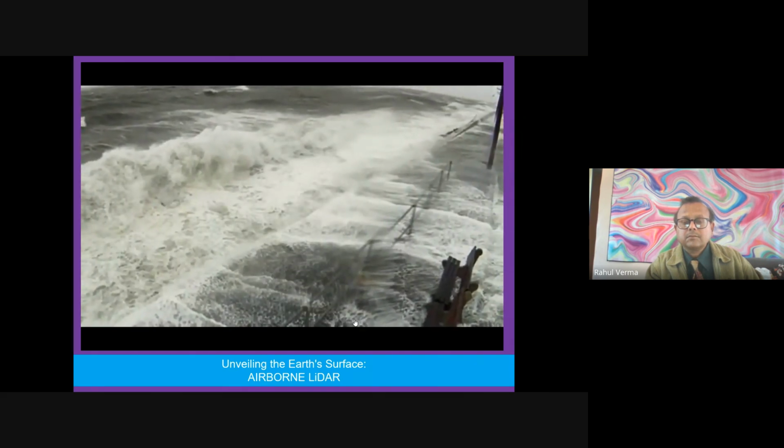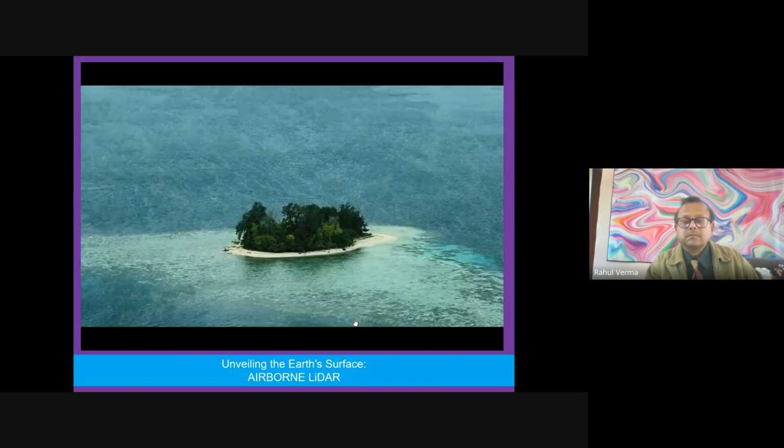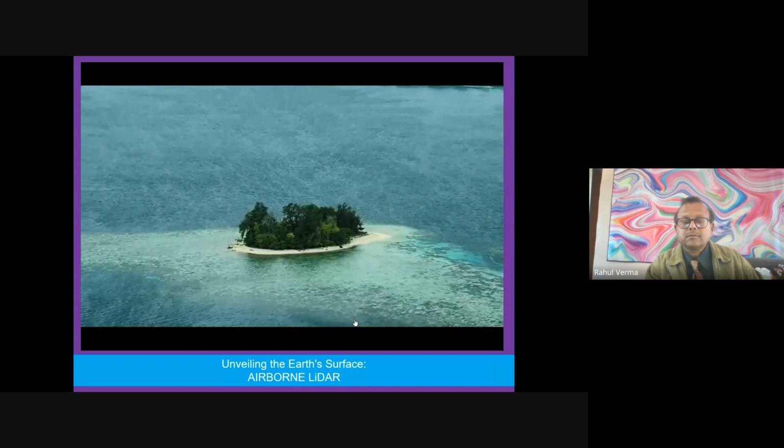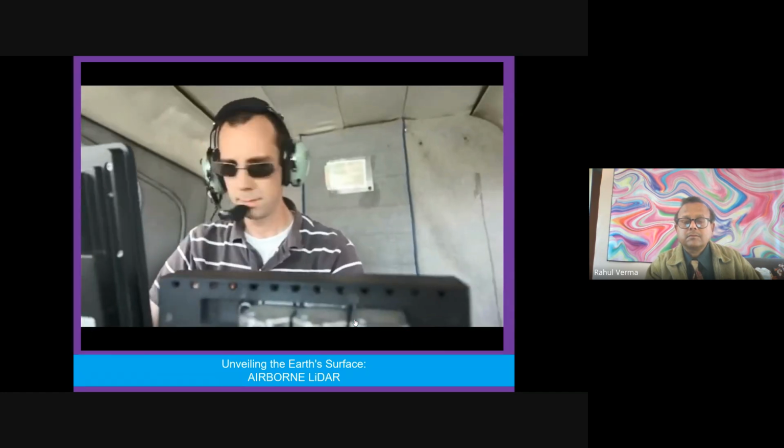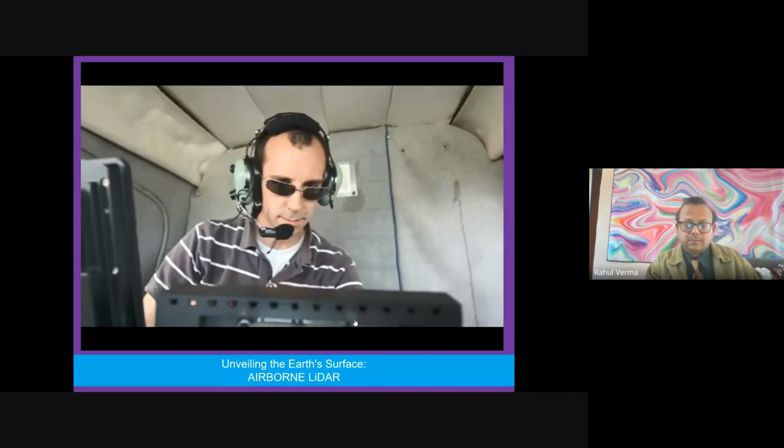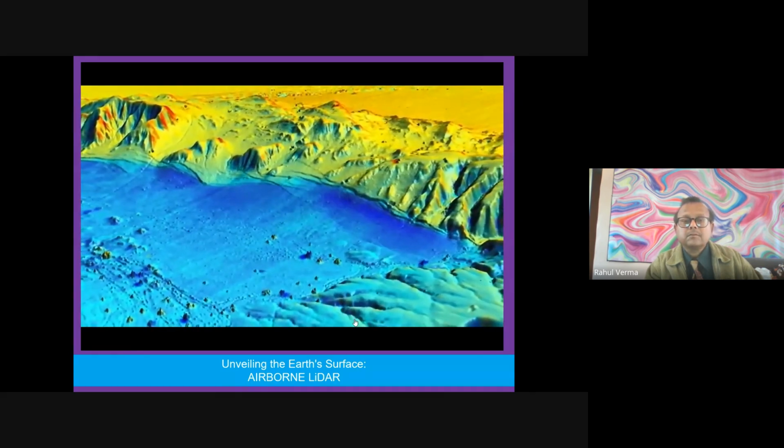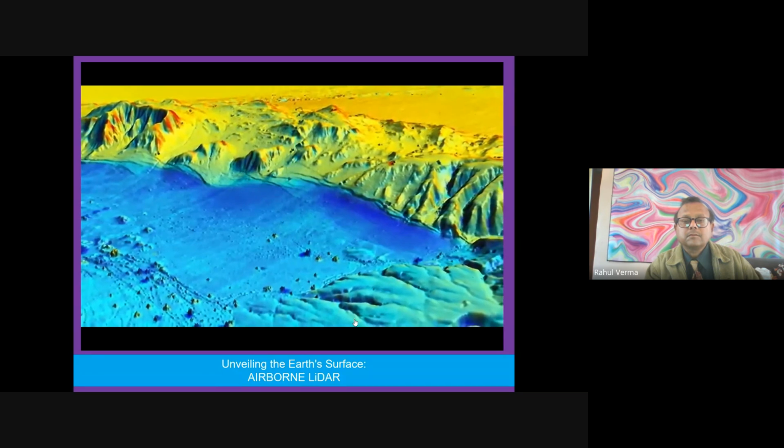And we're limited in how far we can wade into water with hand equipment. The ability to fly over it in a single flight and capture the shape of the seafloor near the beach is just an amazing thing. When you get advanced equipment like our airborne LiDAR system, which we also have ground-based LiDAR that we fuse together, that leads to partnerships.